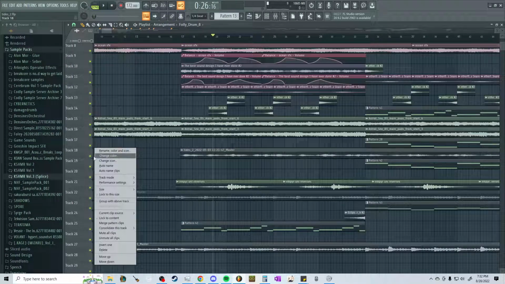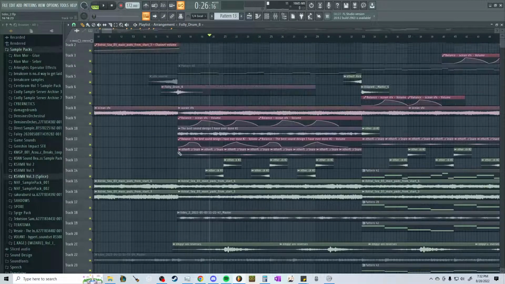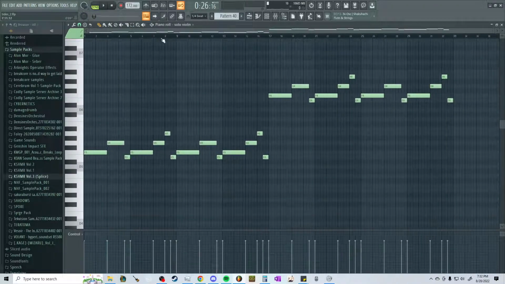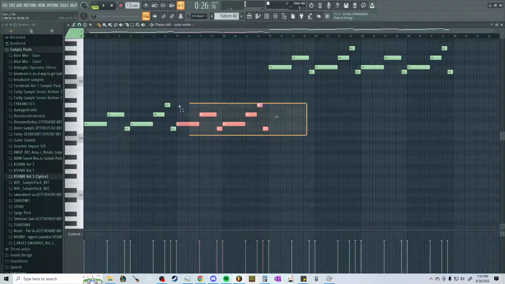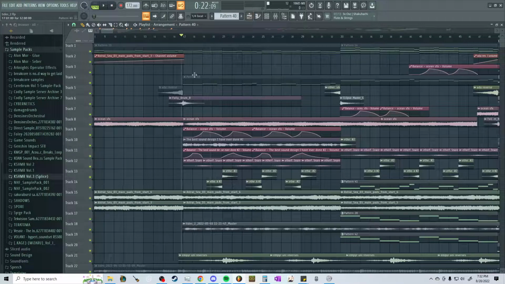What is this? Okay, so that's the strings. I tend to render stuff out when I'm mixing it. So I have this solo violin. Don't really remember how or why I wrote it the way that I did, but it's sort of meandering around without ever reaching the tonic. So it never actually hits D, and it just sort of wanders around a bit,